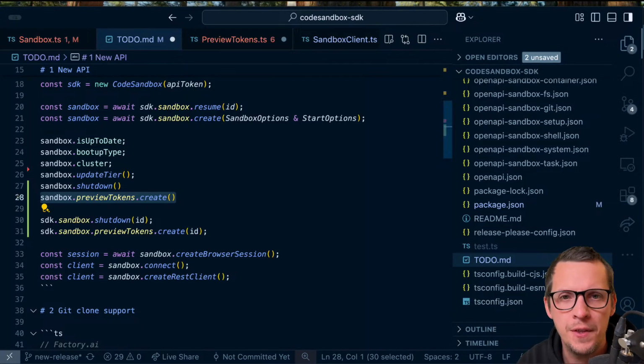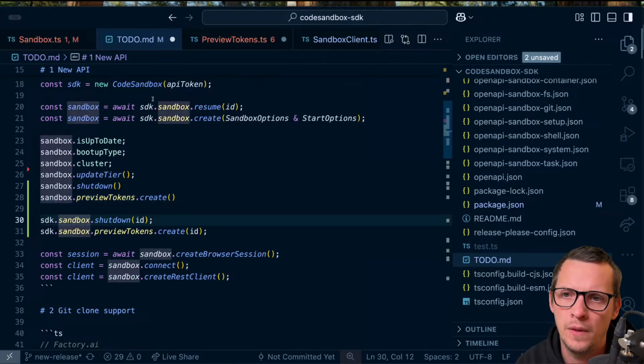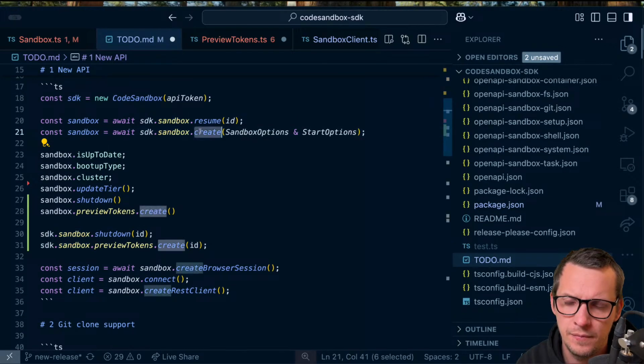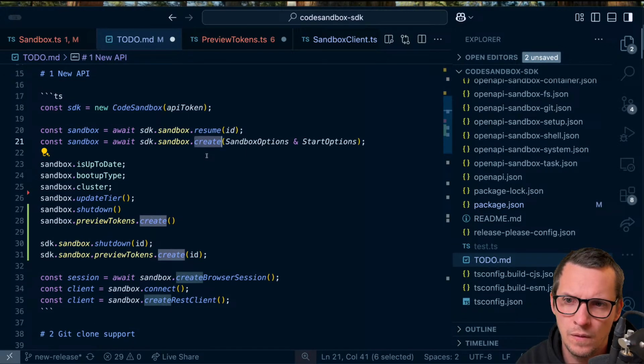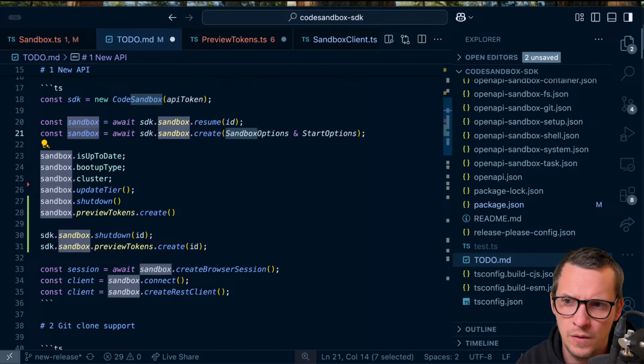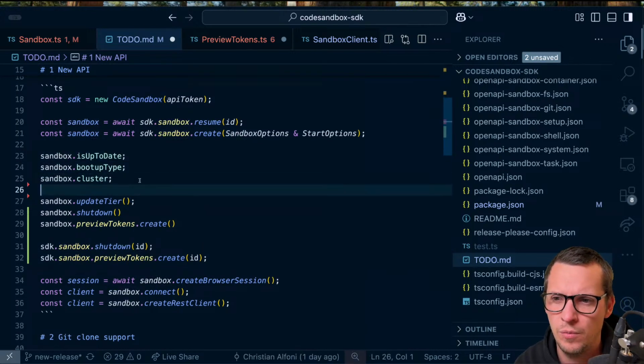Yeah, I don't know. I had this really nice separation of management of a sandbox and connecting to a sandbox. And I don't like all this duplicate stuff. And you could say that SDK.sandbox is about managing a sandbox, and the thing you get back here is just to connect to it. So it has, okay, this is interesting. So what if we do